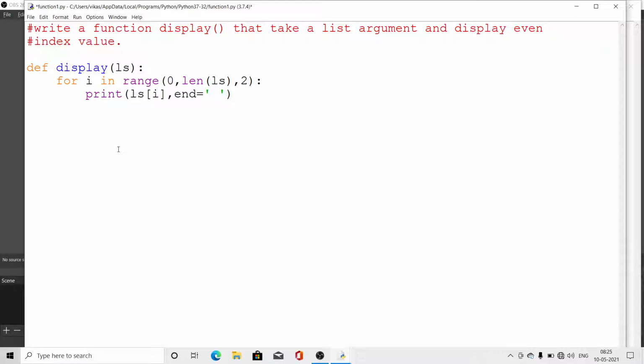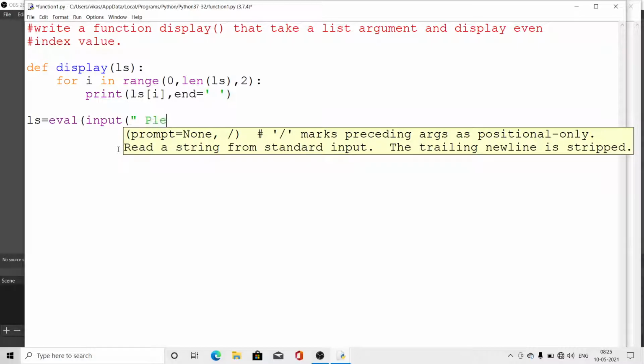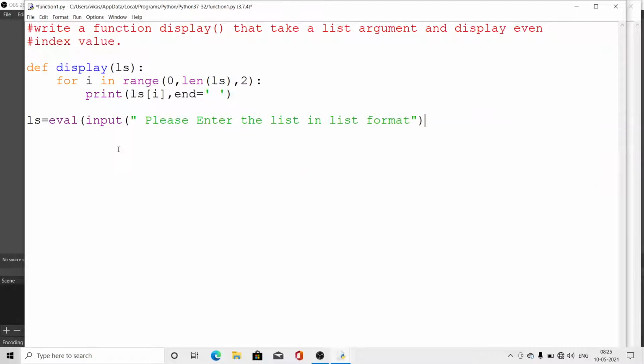Clear? So here what I can do is ls is equal to eval input, and I will give the message please enter the list in list format, and then I will write display ls.